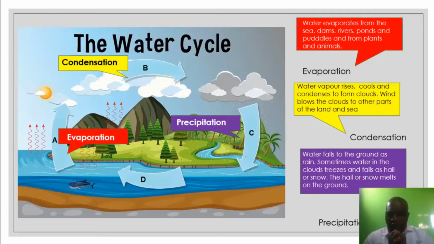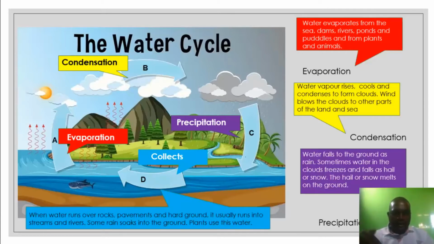Sometimes we have seen that we go outside and we see there's ice that's actually raining down there. And in some parts of the world, you will find that it actually snows. There's something they call snow, which is frozen water. So these are also other forms of precipitation, snow and hail. Okay, so that's precipitation. And the last step is that the water gets collected again, because as the water